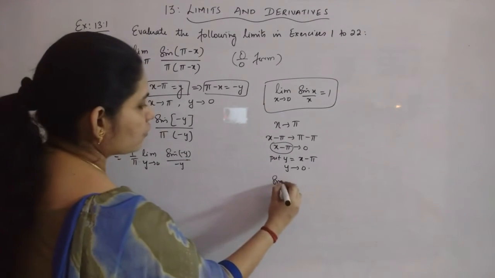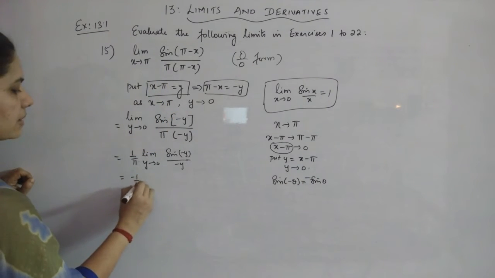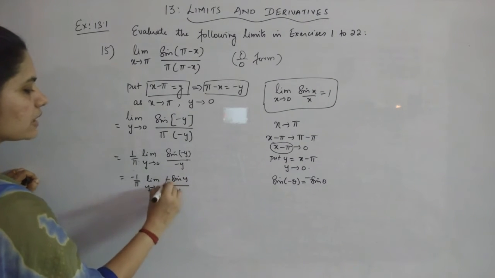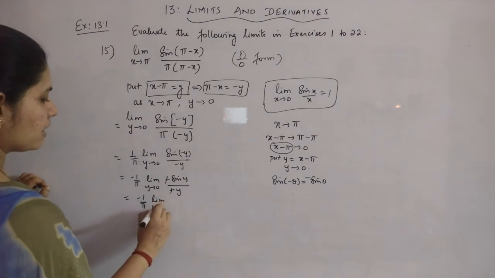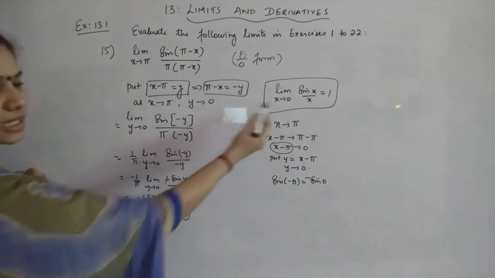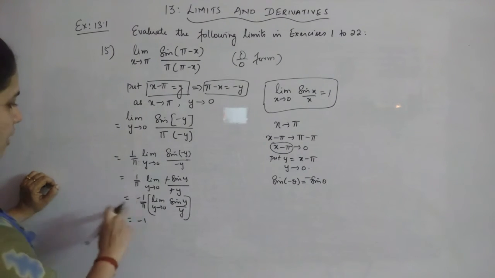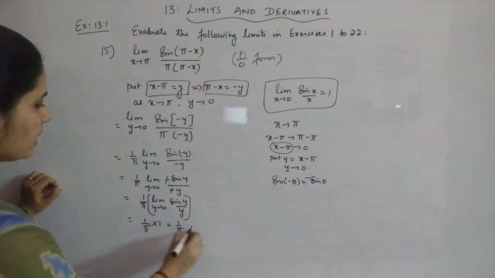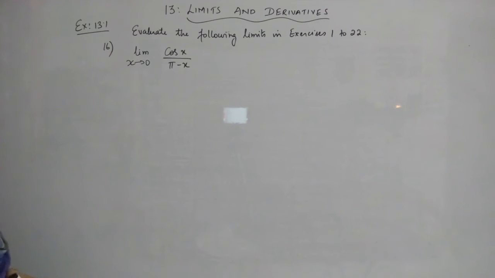Now again sine of minus theta is minus sine theta. So you will get minus 1 by pi into limit y tends to 0 of minus sine y by minus y. Negative gets cancelled. So now this is in the form 1 by pi limit y tends to 0 sine y by y. So you can just see this is of this type, so that you can just replace this with 1. So it is, from where I got minus, okay, I don't have any minus, 1 by pi into 1. So it is 1 by pi. Okay. Clear?